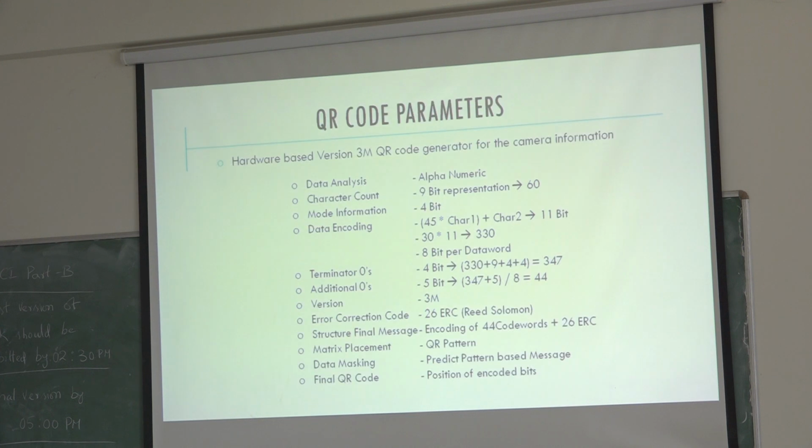So for the alphanumeric mode, after we analyze the data, alphanumeric mode will be sufficient for this kind of message. In case the message or data is different, we can change it. Then the character count. To represent any QR code, the total character count can be mentioned with a 9-bit representation. 9-bit means, at max, I am able to represent 512 characters. So in the basic versions, you can represent at max 512 different characters.